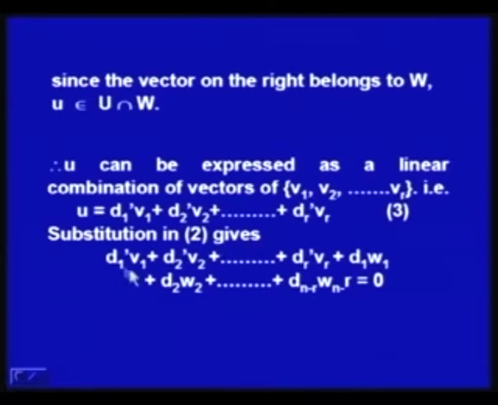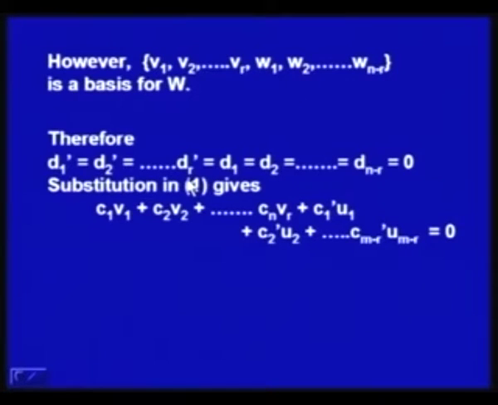Substitution in 2 gives us D1 dash V1 plus D2 dash V2 plus Dr dash Vr plus D1 W1 plus D2 W2 plus Dn minus R Wn minus R is equal to 0. However, V1, V2, Vr, W1, W2, Wn minus R is the basis for W, and therefore, D1 dash, D2 dash, Dr dash is equal to D1 is equal to D2 is equal to Dn minus R has to be 0,